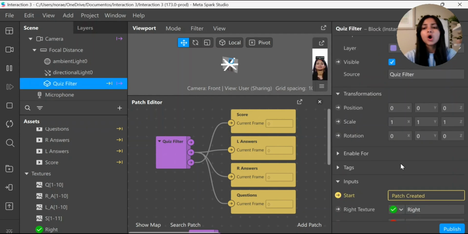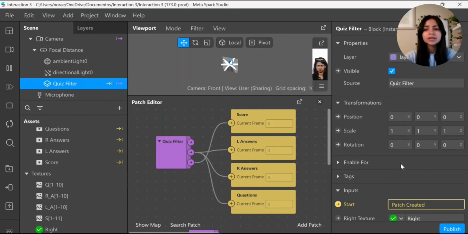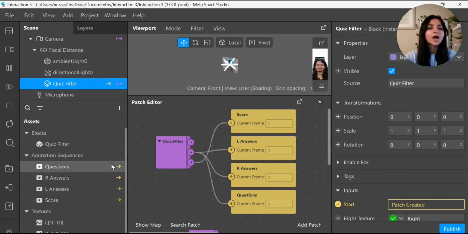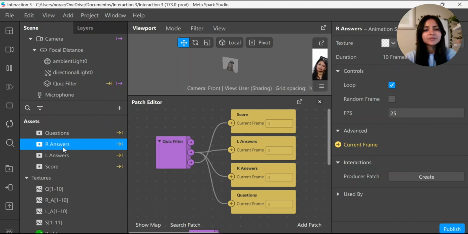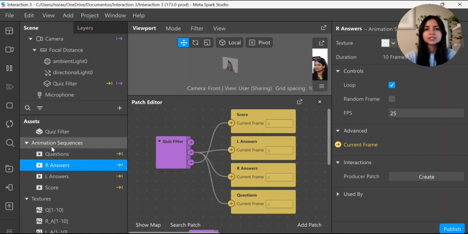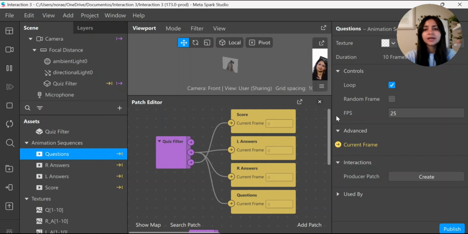That pretty much set all the animations, most of the logic. It set pretty much all the complicated things. All I had to do was to add all the assets that I personally changed to provide the elements of the periodic table and the atomic number of each element. Then I created animation sequence objects. I created the animation sequence of questions, and then as textures, I imported the 10 questions of the quiz. Then I did the same for the answers of the right, then the answers of the left,